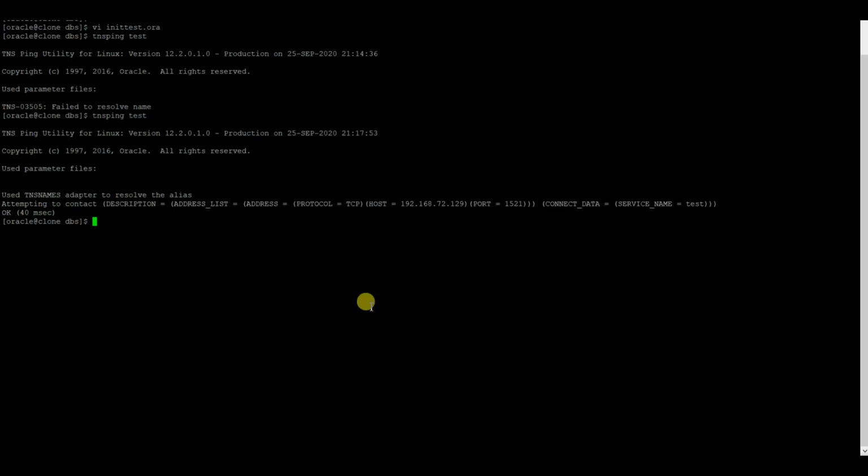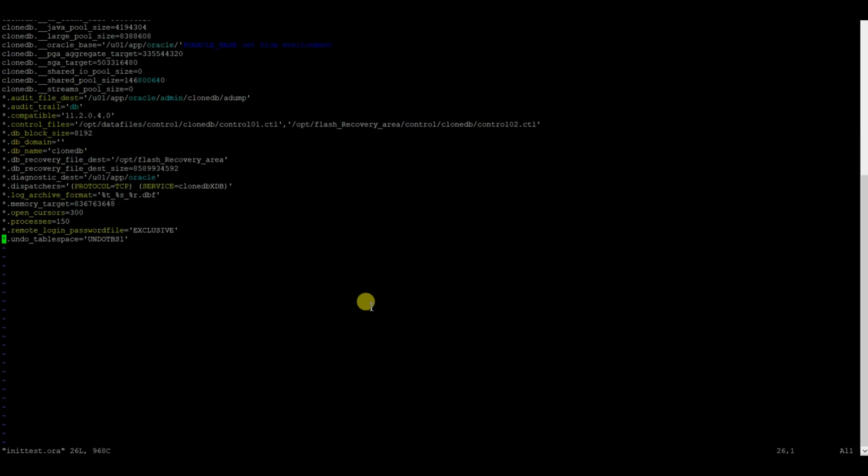Meanwhile it runs, let us change one more thing we need to add in our init file, which is, our directories are different in here. So we need to change the directories. db_file_name_convert. What it will do is, see in here in our production database, up to the control or up to the data, or for data files also, up to the data files, they're the same.